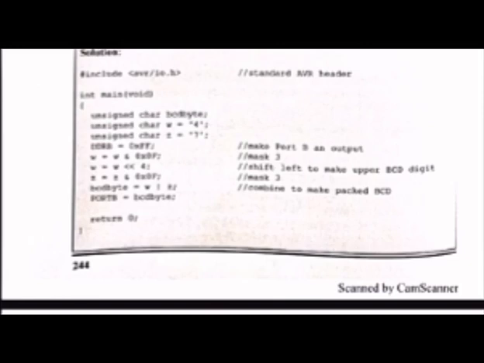So next is W is equal to W and 0x0F. That's masking. We are doing masking here. Then W is equal to W left shift 4. In this we are shifting left to make the upper BCD digit, and after that it is equal to Z. And so what we're doing is making a masking here also, and then after that BCD